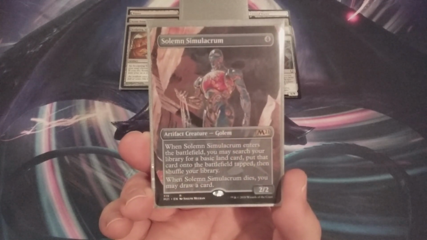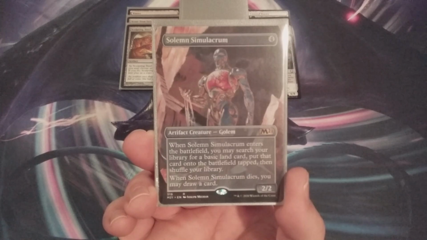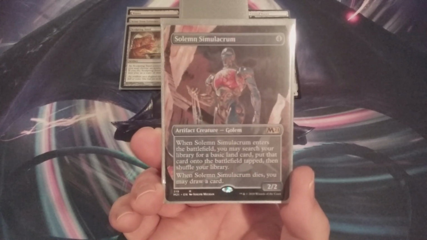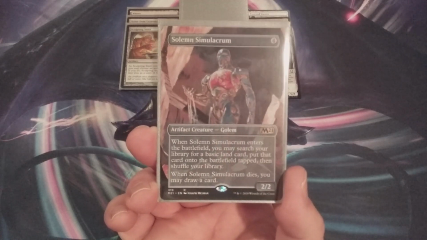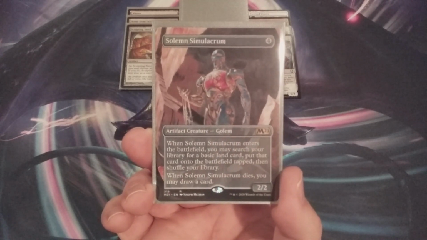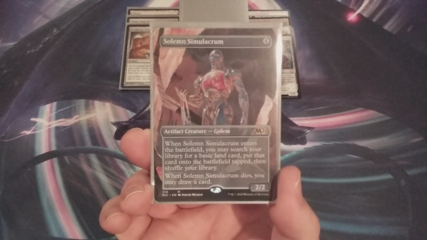For anyone that doesn't know what Solemn Simulacrum does, when it enters the battlefield, we search our library for a basic land card, put it onto the battlefield tapped, and then we shuffle our library. And when Solemn Simulacrum dies, we may draw a card. Pretty sure we're going to, but it says we may. So the thought process here is, yeah, the investment of mana is higher. We are spending 3 more mana,